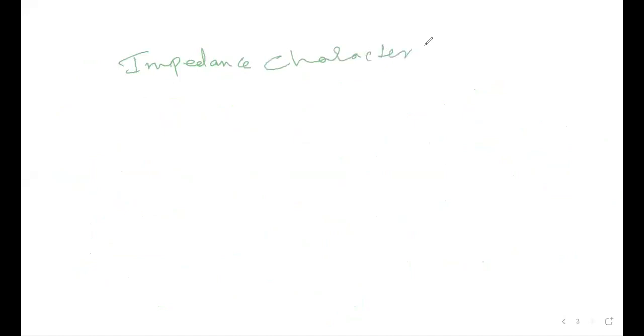So your next module, maybe Dongre sir will take, or maybe I will take. We'll see impedance characteristics, which is very important when you go to Smith chart. One thing we have seen is VSWR, which we will be plotting in the Smith chart. The Smith chart is basically a chart where you will be plotting your impedance and your VSWR. For any length of transmission line, if you travel along the line, in the Smith chart we will travel for a particular wavelength and we will find the impedance.